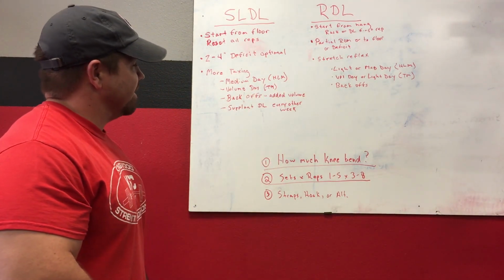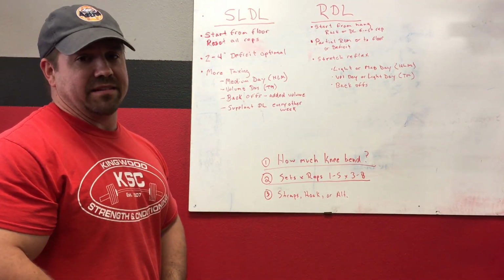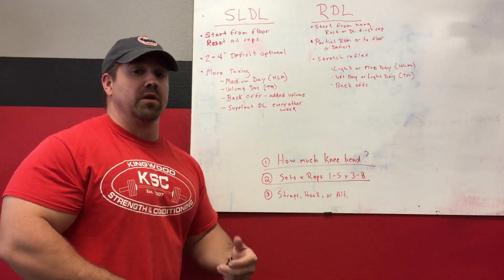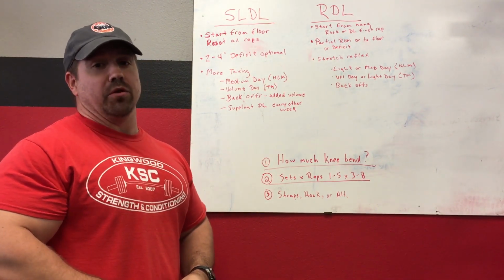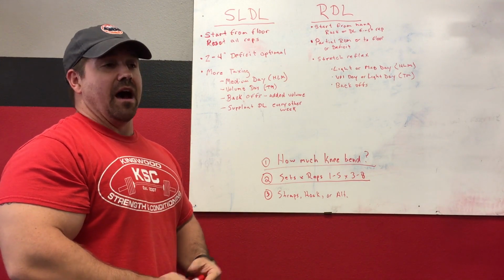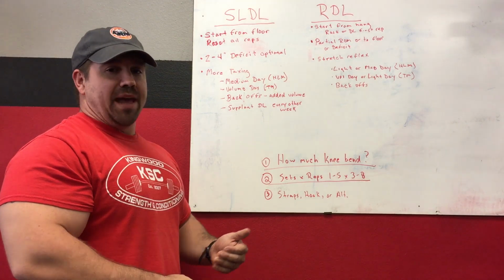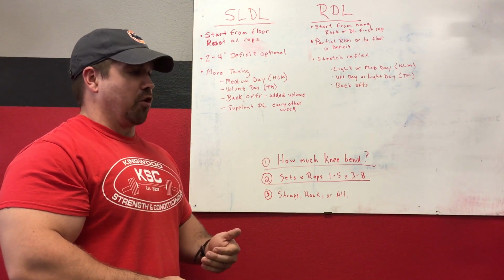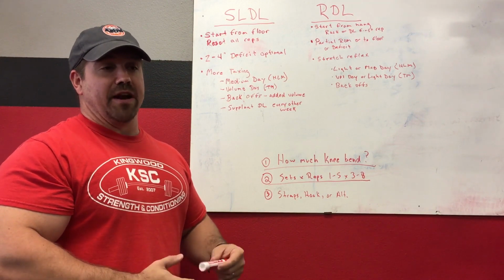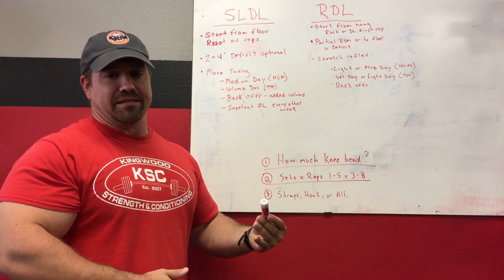It can also be used like if you're using a Texas method type routine, whether it's a 4-day Texas method or a 3-day Texas method, the stiff-legged deadlift can be a really good volume day pulling variation. So if on your high intensity day you want to deadlift for anywhere from like a single set of 1 to 5 reps, on your volume day you want to accumulate some pulling volume, a stiff-legged deadlift for say like 3 sets of 5 is a very good way to accumulate pulling volume in a way that doesn't overly tax